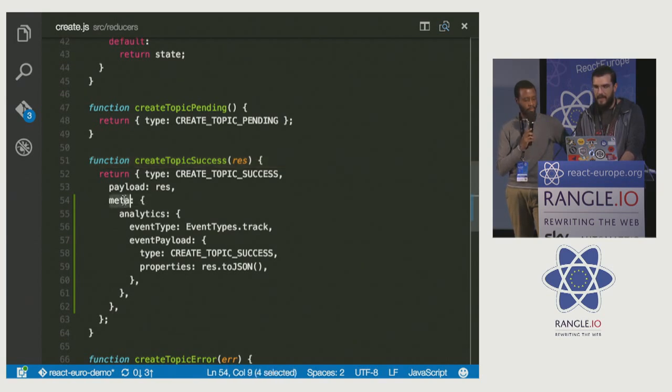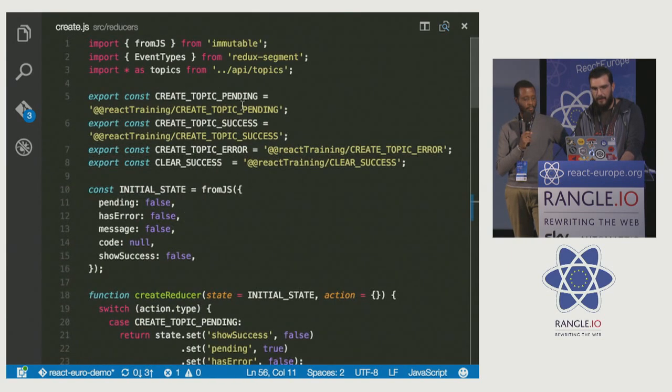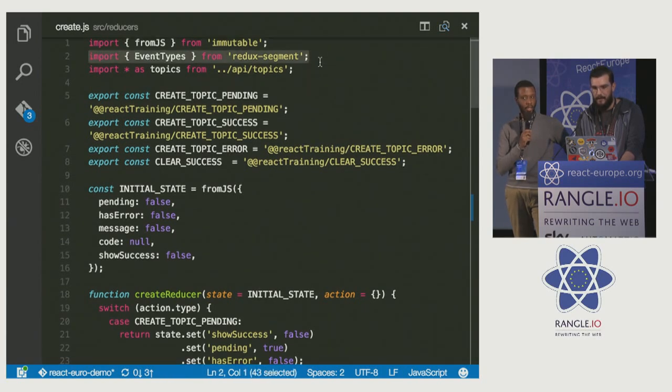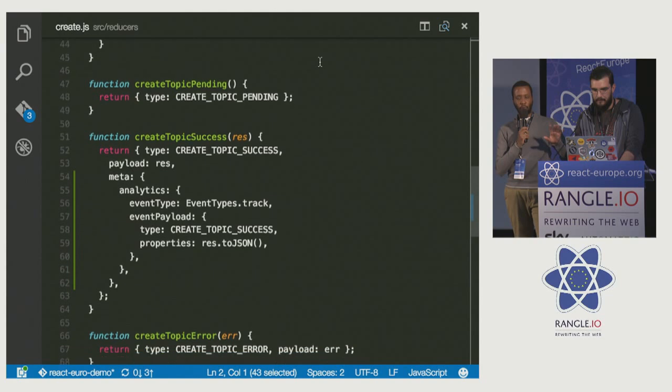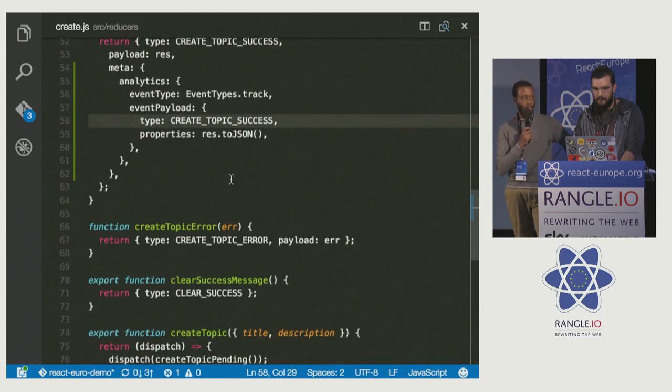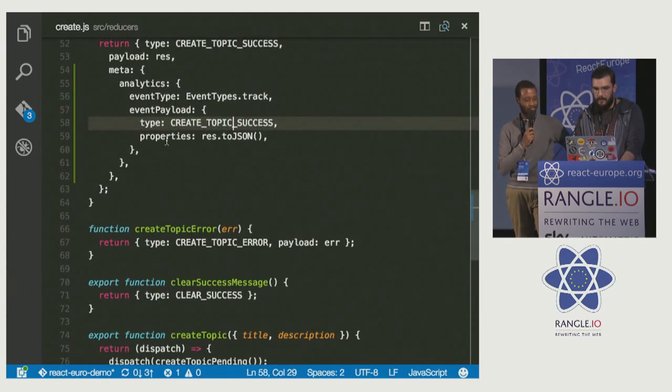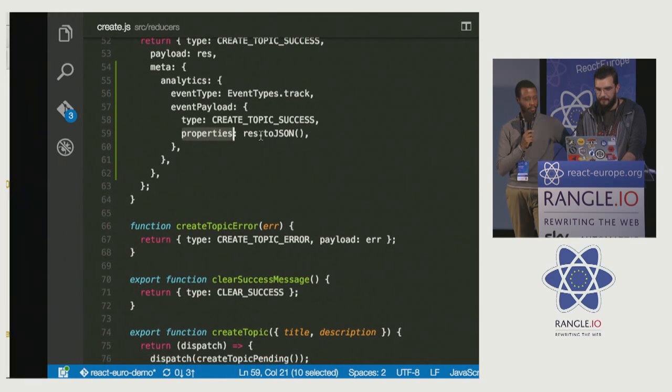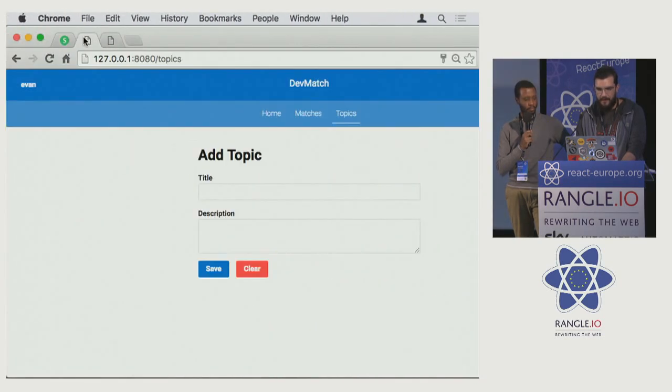I just added a meta property within that, the analytics tag, with an event type of EventTypes.track. And also, be sure to import EventTypes from Redux Segment up top. So for that API that you saw before, there's just an enum for you to use to prevent some typos. And then in the properties, I'm just going to take the entire response object and have that be part of my tracking. And now, if I go back to the application,